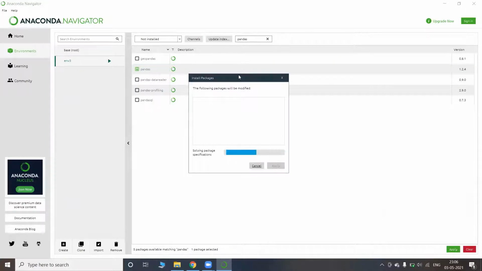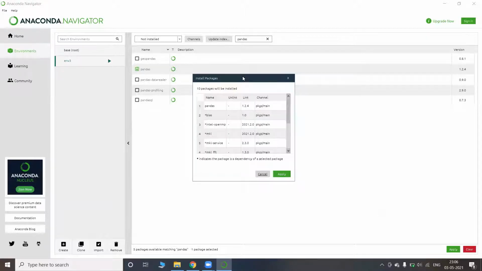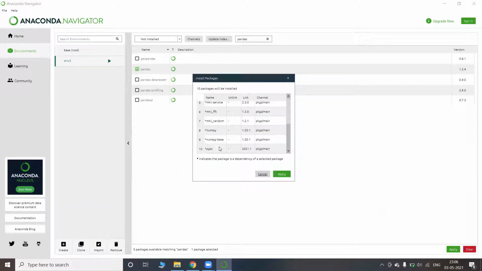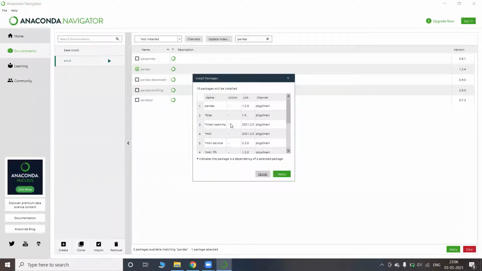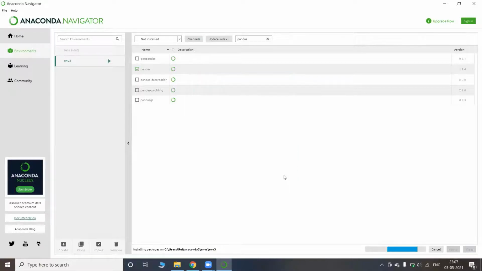This will install all the packages that are needed in order to install pandas as well, that are called dependencies. So as you can see, to install pandas we need all of these dependent packages as well. This will show you a list of all the dependent packages that you need to install to have pandas as a package. So we will click apply.